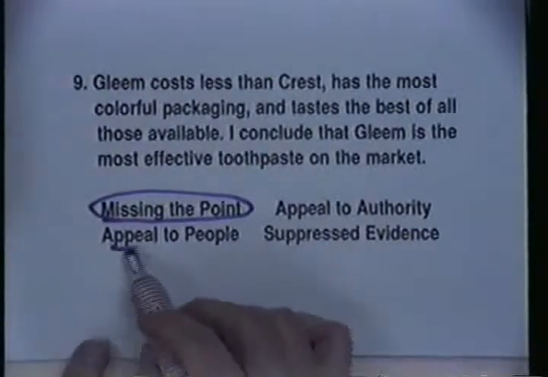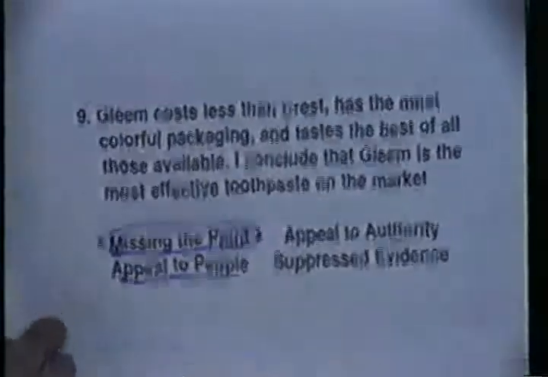Why does this not appeal to the people? Well, you appeal to the people when you, in effect, say to other people, simply, come on, believe this. Everybody does. Right? It's a very popular view. Well, notice that's not really what's going on in 9. We're not claiming that everybody thinks that Gleam is most colorful, or that everybody would agree that it costs less. There's not just an appeal to, as it were, mass liking of a certain position. Rather, there's this internal problem between the premises of the argument that's given and the conclusion that one attempts to draw. Okay,